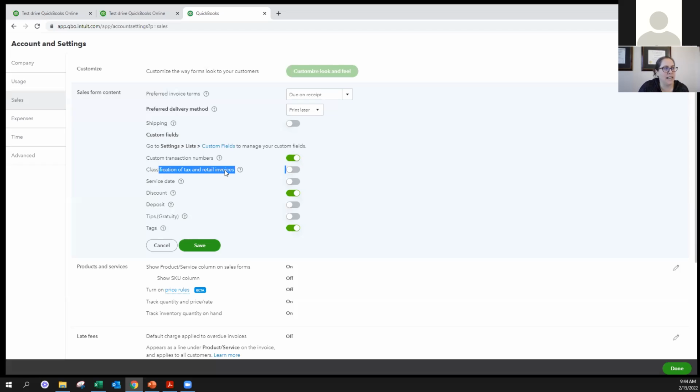Classification of tax and retail on invoices. If this applies to you because you're collecting tax on retail invoices, you would turn this on. A service date. Let's say you're an HVAC company and you have your technicians go out all week and service all the units for your customers, and then on Friday they come back with all their work orders. You can add a service date,